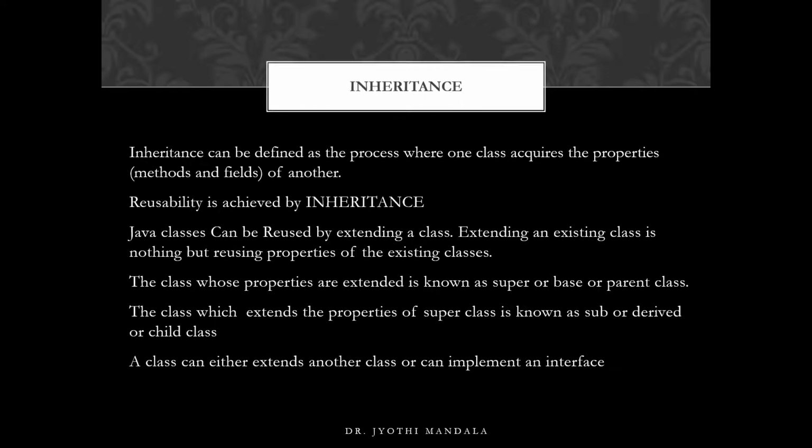We have already learned, but let me brief what an inheritance actually is. Inheritance is a process where one class gets the properties of an already existing class. By properties, we mean methods and fields which are defined in another class. The main use of inheritance is reusability, where it is not required for us to develop things once again which already exist. We can make use of that.